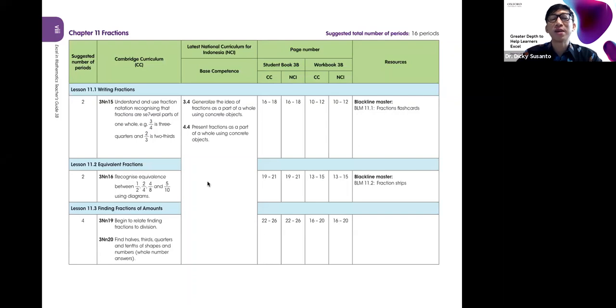Okay, since now it's available for you. So let's say this is taken from the third grade. Instead of just looking at the third grade, I think it's also good for you to look at other grade levels. So for example, if I show you here on the screen, this is equivalent fractions, 3 and 16, recognize equivalence between 1/2, 2/4, 4/8, and 5/10 using